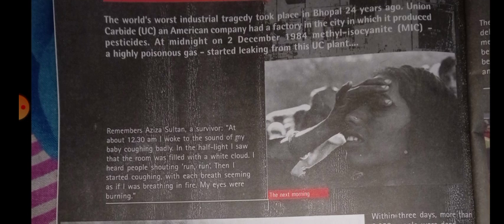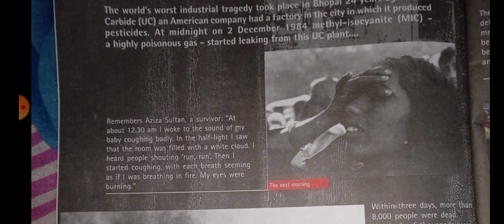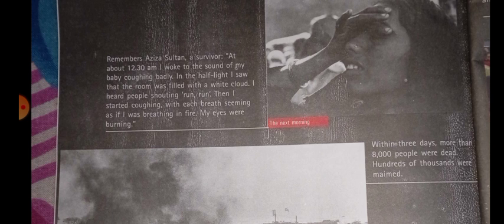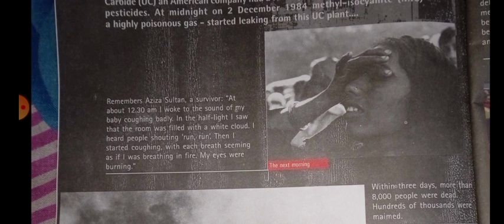At midnight on 2 December 1984, MIC leaked, and all the nearby villages were covered by a white kind of snow, which made it difficult to breathe. And the eyes were just like when we fry chilies, and at that time we feel some kind of problem in our breathing and in our eyes also. Such problems happened to all the village people. Within 3 to 4 days,